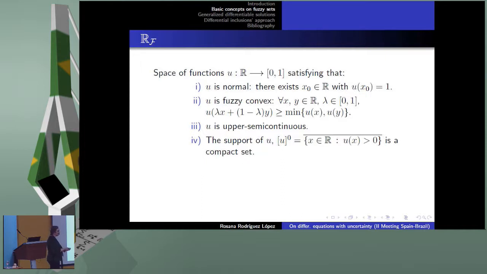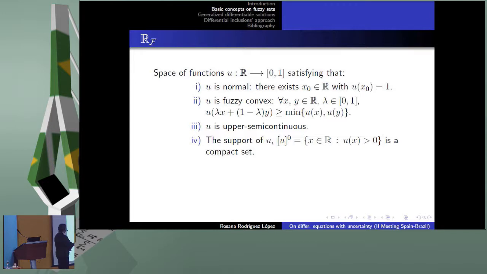So at the end, a differential equation on this space is reduced to making cuts and studying a family of differential equations for each level of certainty. If you decide you want a level of certainty 1/2, okay, you can consider this level. But in general, we are interested in knowing the behavior of the complete set of predictions from alpha equal to 0 to alpha equal to 1. So these are the standard restrictions imposed on this kind of sets in order to be able to work properly with this kind of equation.